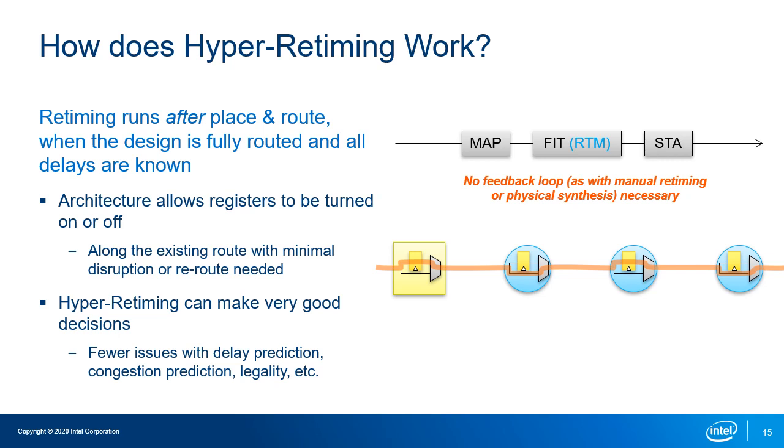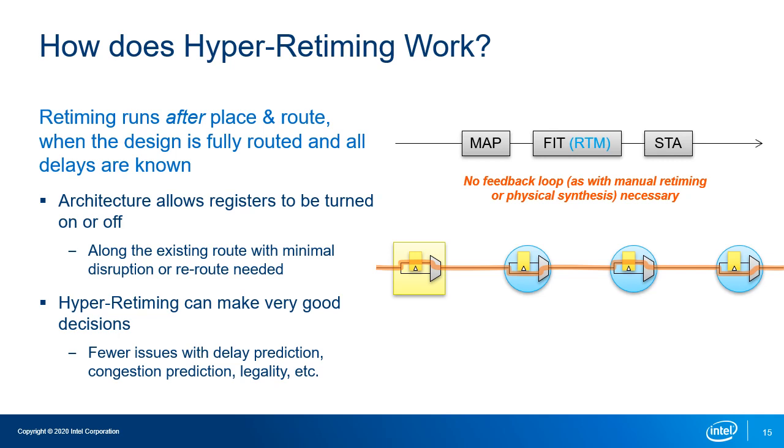Hyper-retiming is performed after place and route, once all the logic is placed and all the timing delays are determined. Since routing channels and block inputs have hyperregisters that can be enabled or bypassed, the existing route chosen by the fitter connecting two blocks can be used just as is. The path does not have to be rerouted to include hyperregisters. Hyper-retiming just has to pick which registers along the path it wants to use and which ones it will continue to bypass. Using the process we see in the next few slides,